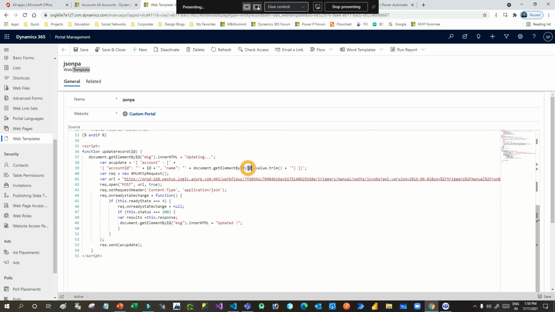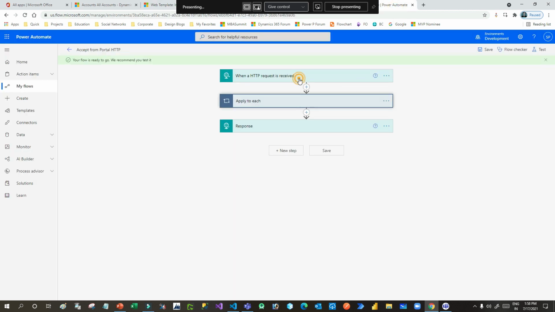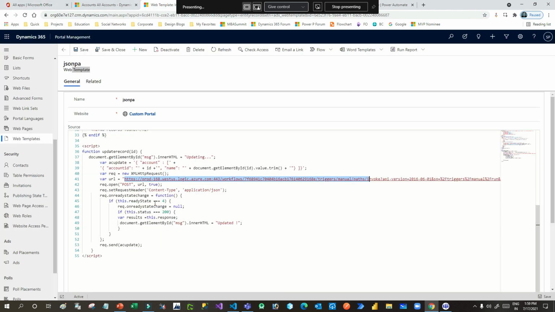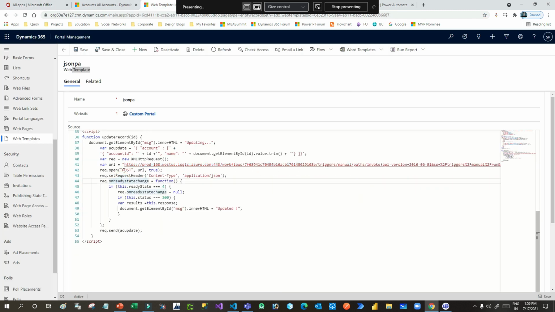And I used an XMLHttpRequest object. This is the same way we call an HTTP request using JavaScript, and in the URL I have passed the same URL. This is the URL that you have copied from your Power Automate. So this URL is the unique URL that accepts an HTTP request, right? Now I will go here and check another thing. What is the verb I am using?